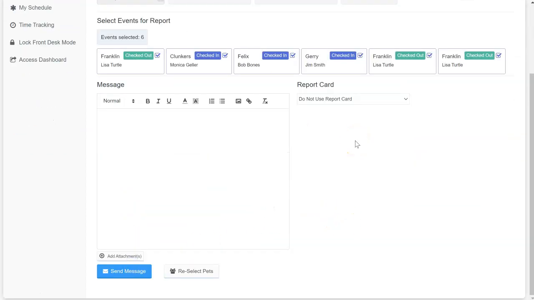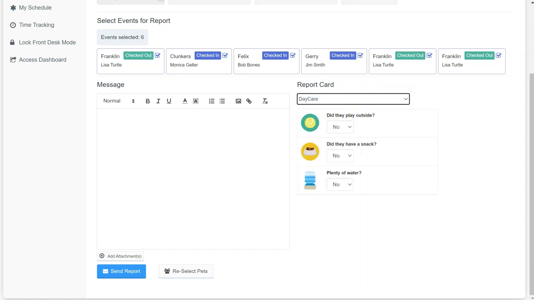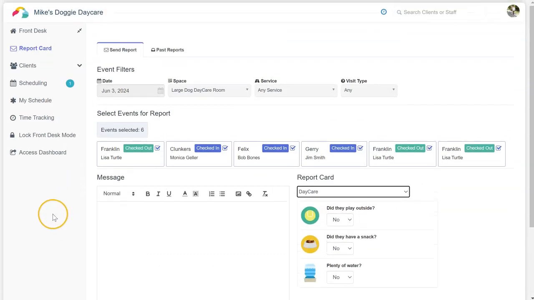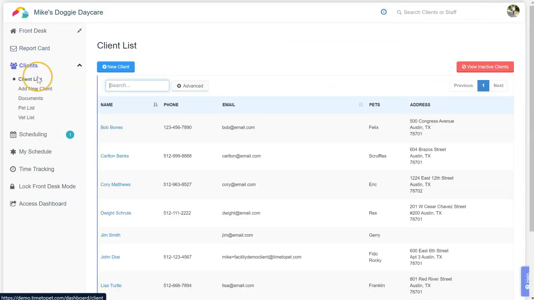You can type your message, include any attachments, and then also answer questions to your visit report card. These are fun questions and icons that will be sent to the pet parents in addition to any messages or pictures you've included. Some other functionality available in the front desk mode is the ability to see clients and add